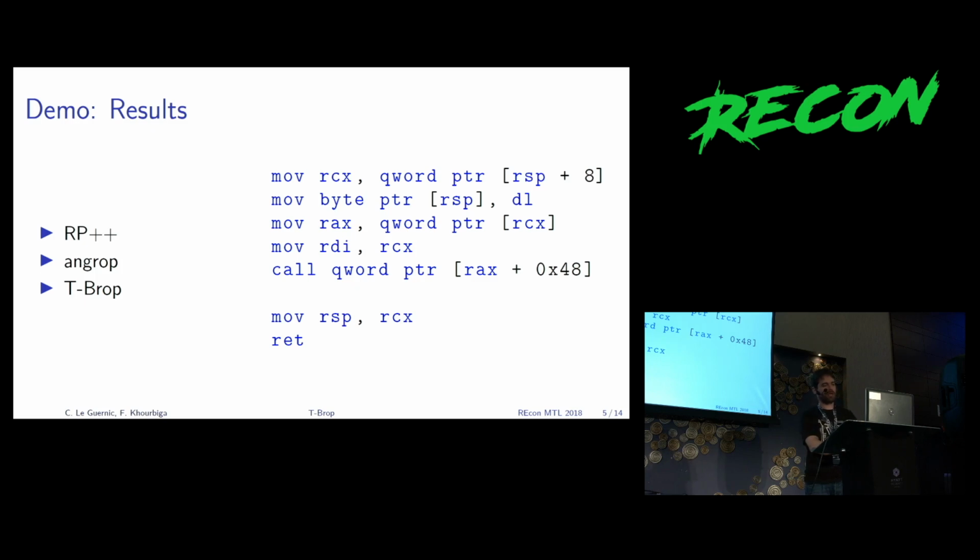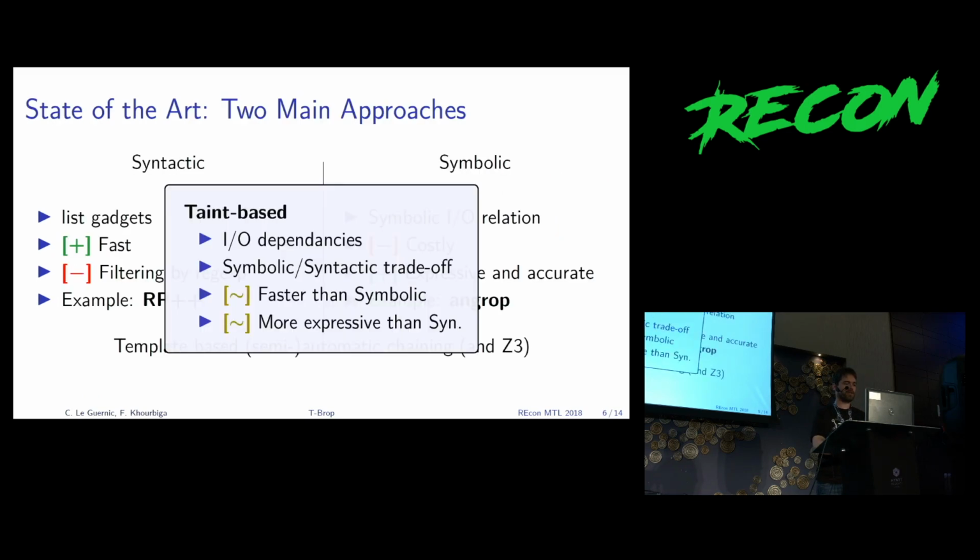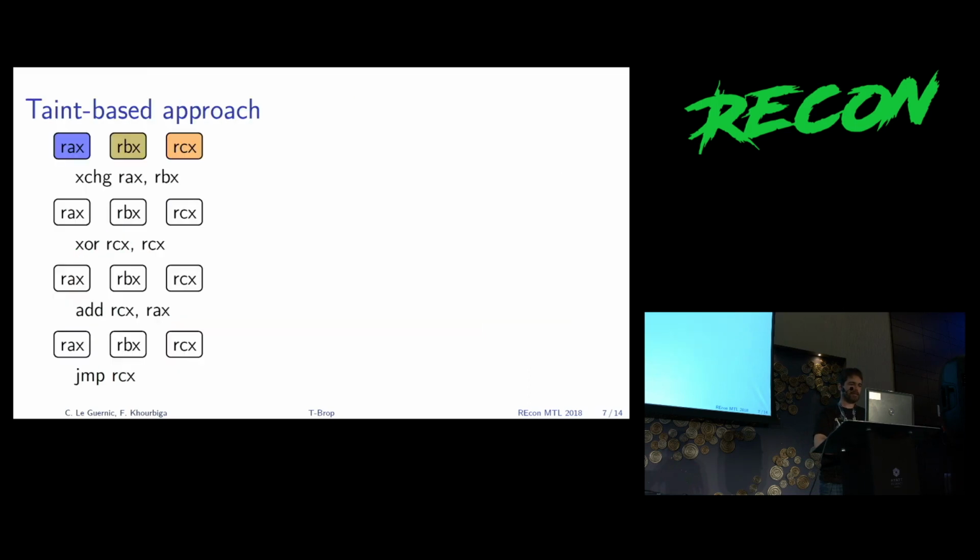So grabbing our way into finding these 2 gadgets is possible, but here we just have to wait for a few minutes. It suggests like a dozen of chains, and there was one that was interesting in it. So we're not saying that the tool is solving every problem, but when other tools fail, it can do an interesting suggestion, this tool and this approach.